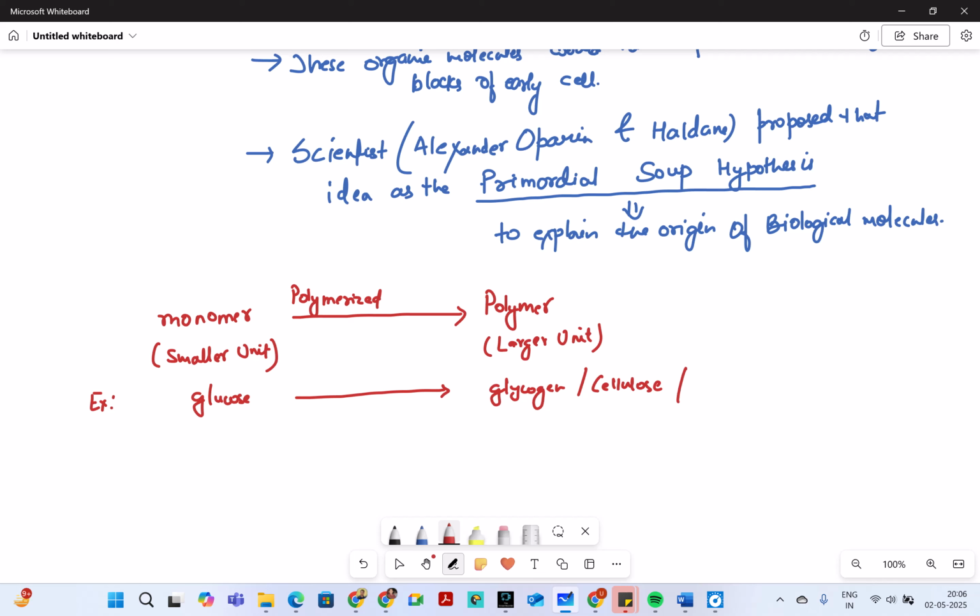You can get starch also, right? If many amino acids are being polymerized, you can get protein, right? So yes, it is possible that high levels of ultraviolet radiation have actually catalyzed the formation, right? So I can say here, for all this support, that yes, it is possible